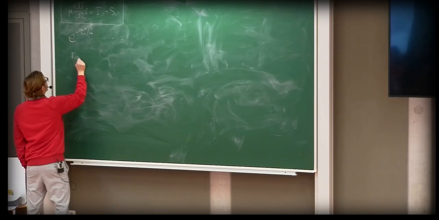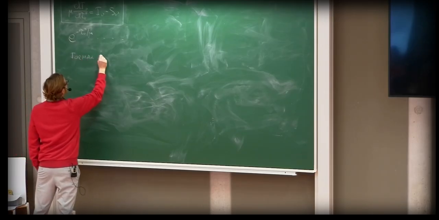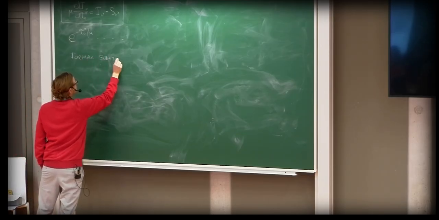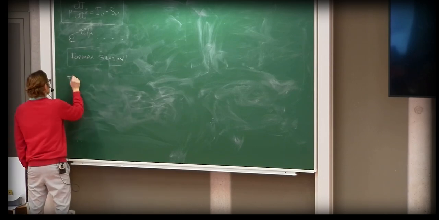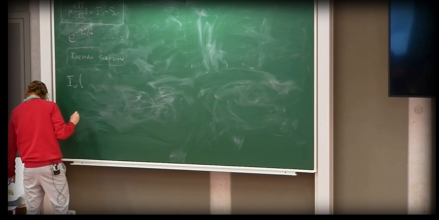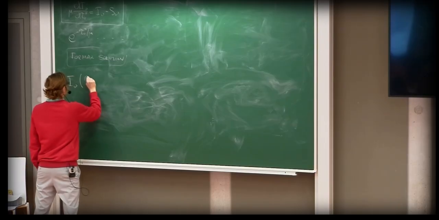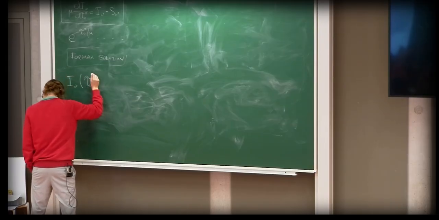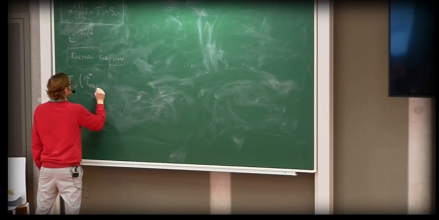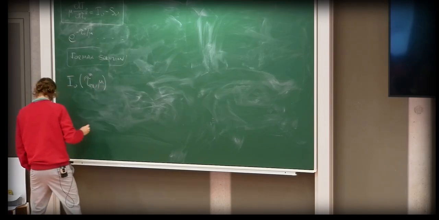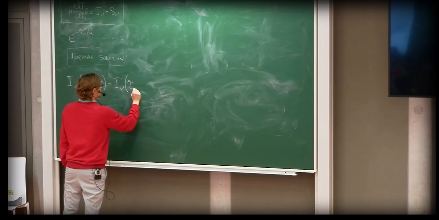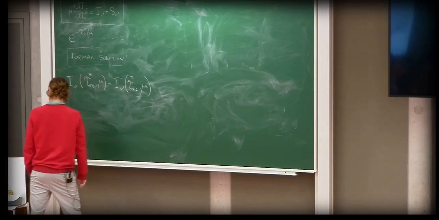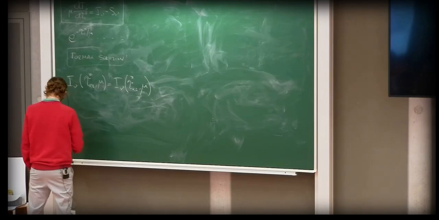I'm going to write down what we now call the formal solution of this equation, which is now I nu of tau nu 1 in the c direction, as a function of mu, equals I nu of tau nu 2 in the c direction, as a function of mu, plus